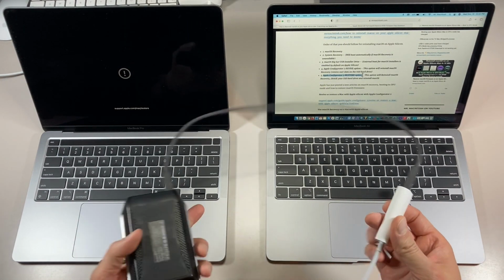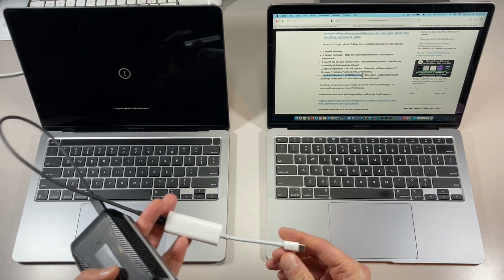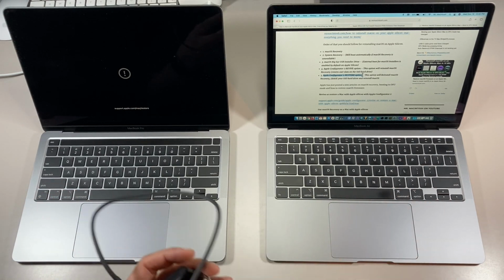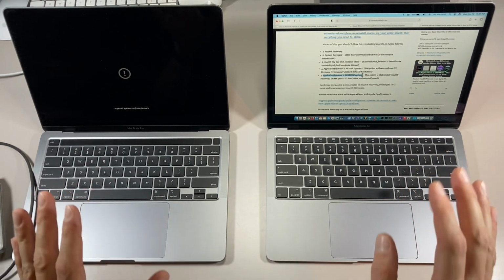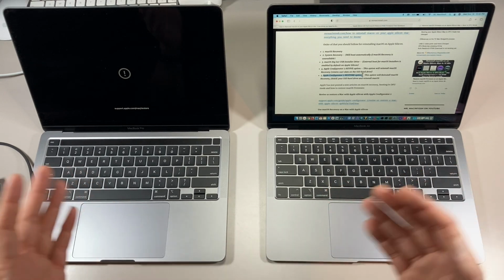This is a Thunderbolt drive that I'm using with Apple's Thunderbolt 2 to Thunderbolt 3 USB-C connector, and I've got multiple different versions of the macOS operating system on here, and I'll show you how that works too. That's step 5. Those are all the steps in order that you should try to follow when you need to